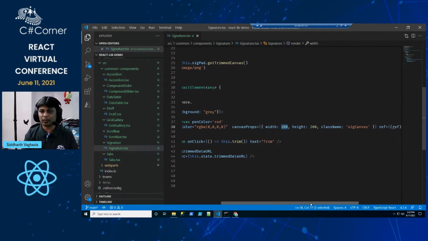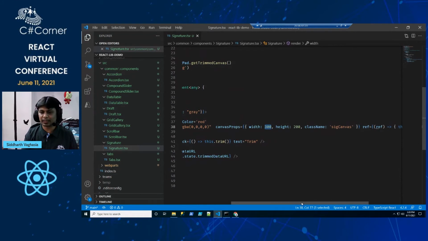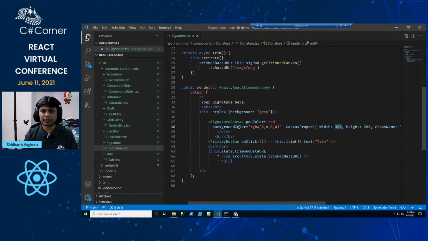All these properties which we are passing can be found in the documentation itself. So we don't need to worry about how to remember everything. You just need to go to the documentation of a particular library, see what options are available, and something might fit your requirement.